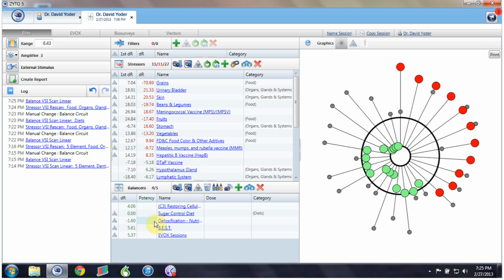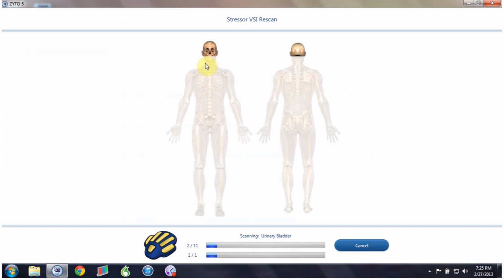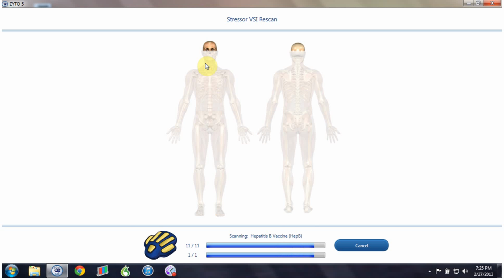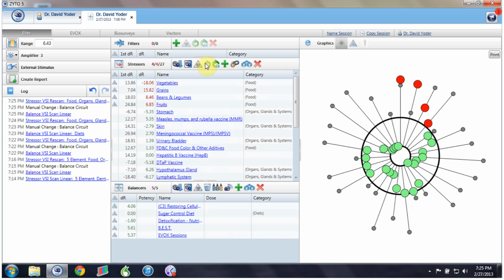And again, remembering to put in the suggested balancer back into the circuit. We rerun the assessment. And we got a noticeable difference there with that recommendation, so we had to do further detoxification. And it appears the remaining items are just food items, and so since we have a food category of a type of diet, we're going to now rerun what's left and click the rescan stressors with,